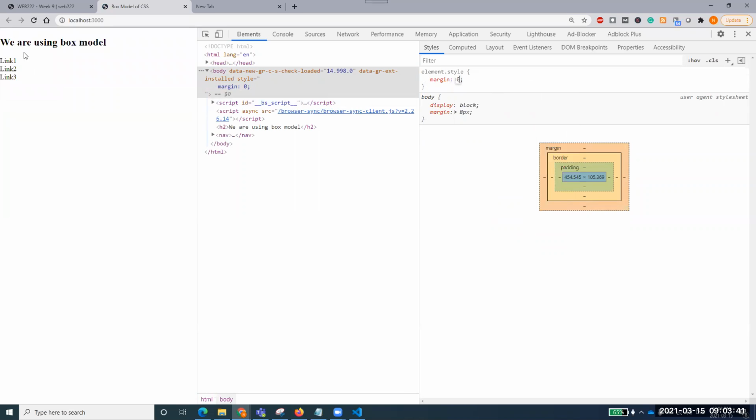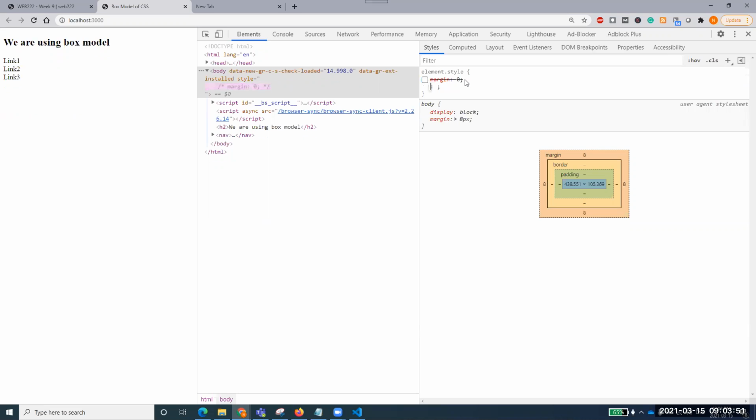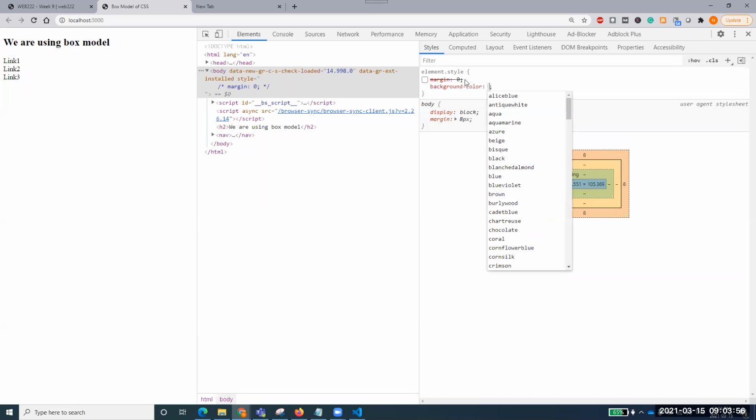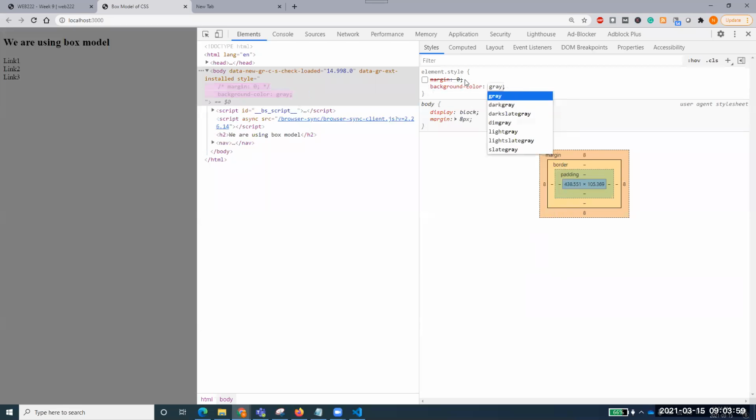If you see here, what has happened to my document? Okay, let me just tell you another thing. Let me just close this one for the time being, and I want to do something: background color. Just showing the background. Now, if you see that this is our document, and the body is coming after this, you see that gray area is coming. So the body's margin right now is 8 because I have just closed that one, right?